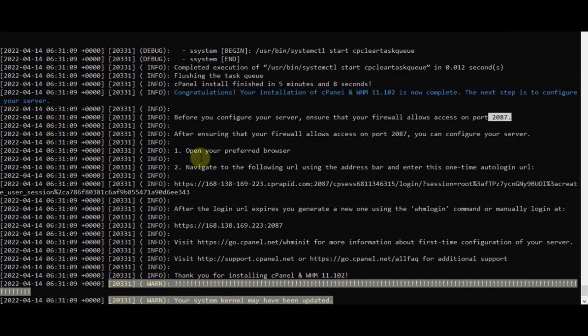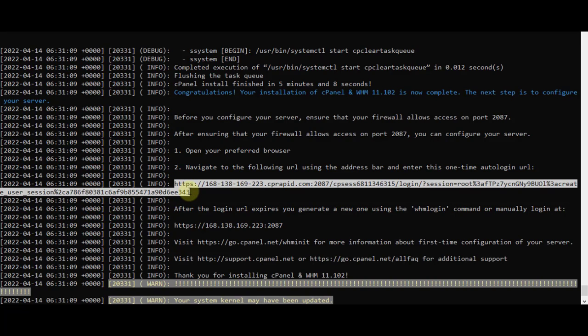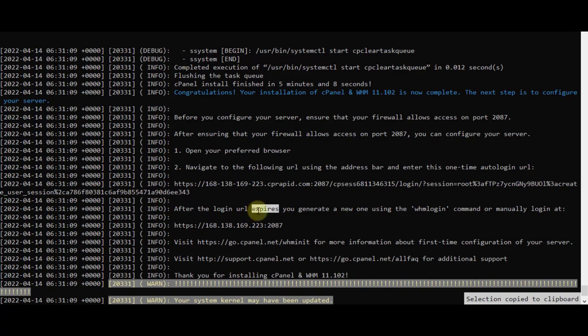And also open your preferred web browser and navigate to this link. Here is a link to log into cPanel WHM. It will automatically log you in if you use this link, but it might have already expired after a few minutes. So to generate a new one, we can run this command here to generate a new link